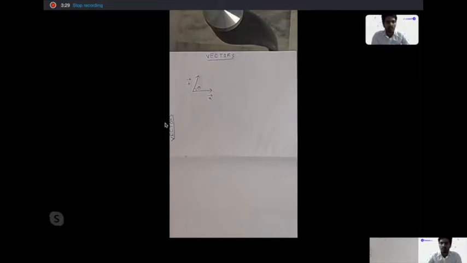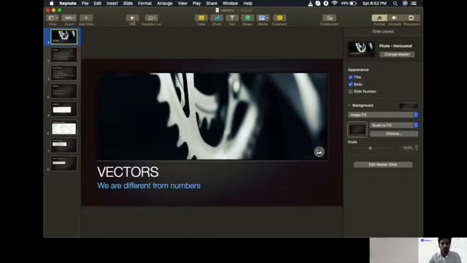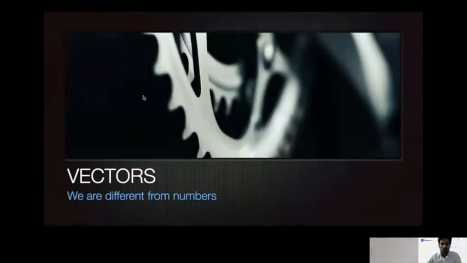So let's address that first. That is the first question we need to ask in physics, which is why? Why is there such a quantity? It's not a wrong question. It's a very perfect and very pertinent question, and physics is looking for students who ask this question, who want to know why certain things are there, right? Now, if you see the vectors, they are different from numbers right away.